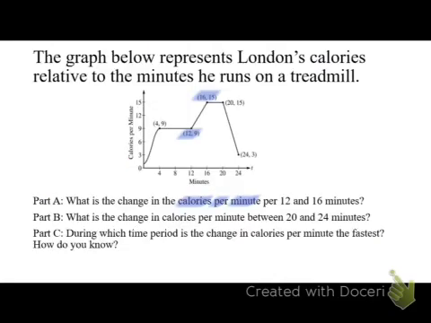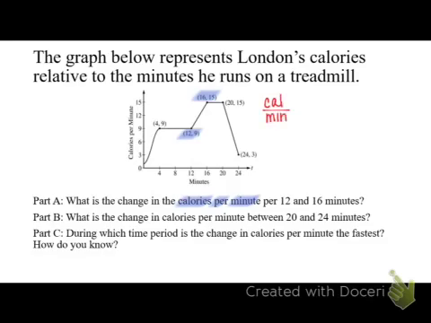In this graph, we're looking at a representation of London's calories relative to the minutes that he runs on a treadmill. In Part A, we're asked to find the change in the calories per minute for 12 and 16 minutes. So if we're comparing the calories per the minutes,